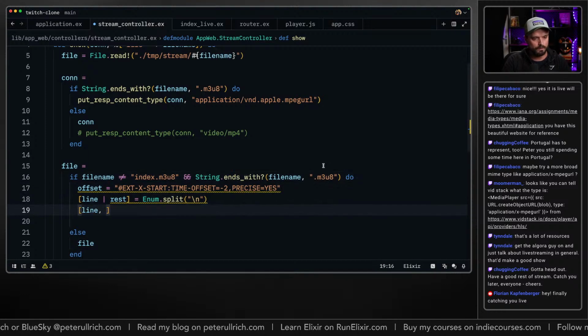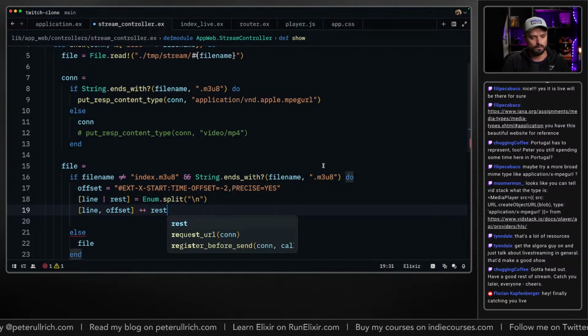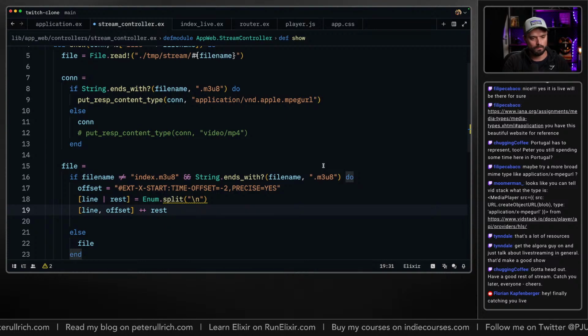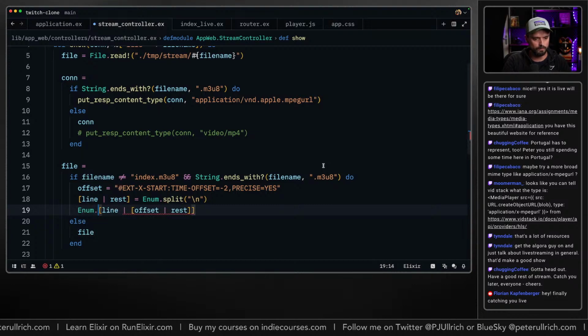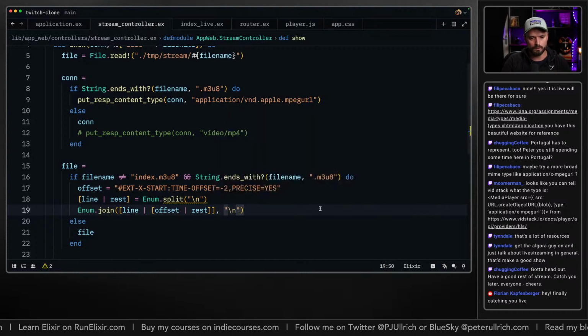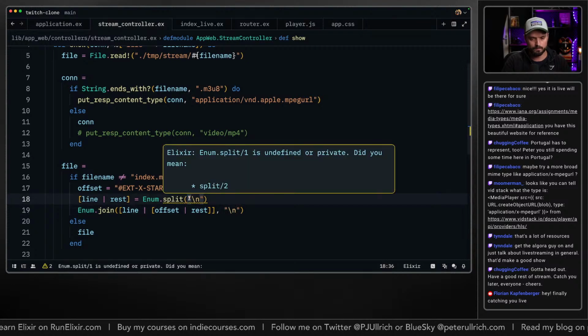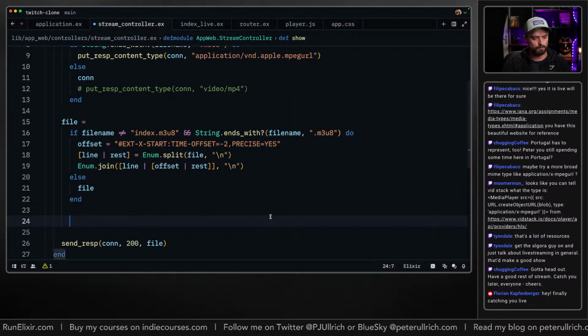So I'm gonna have my first line, my offset, and my rest. And then I'm gonna just Enum.join those things again with a new line. So that should give me actually a line. Yeah. So now if I print this one,